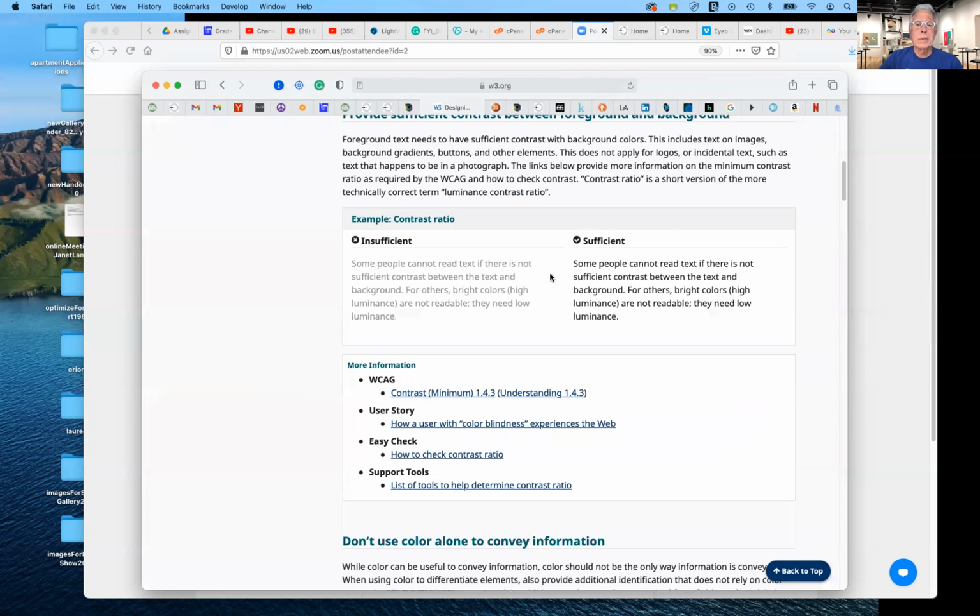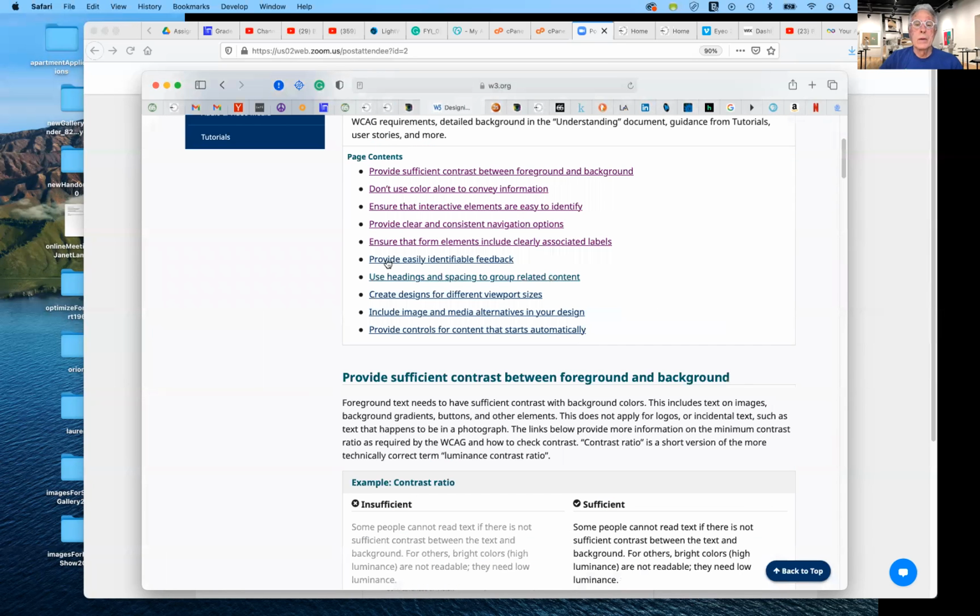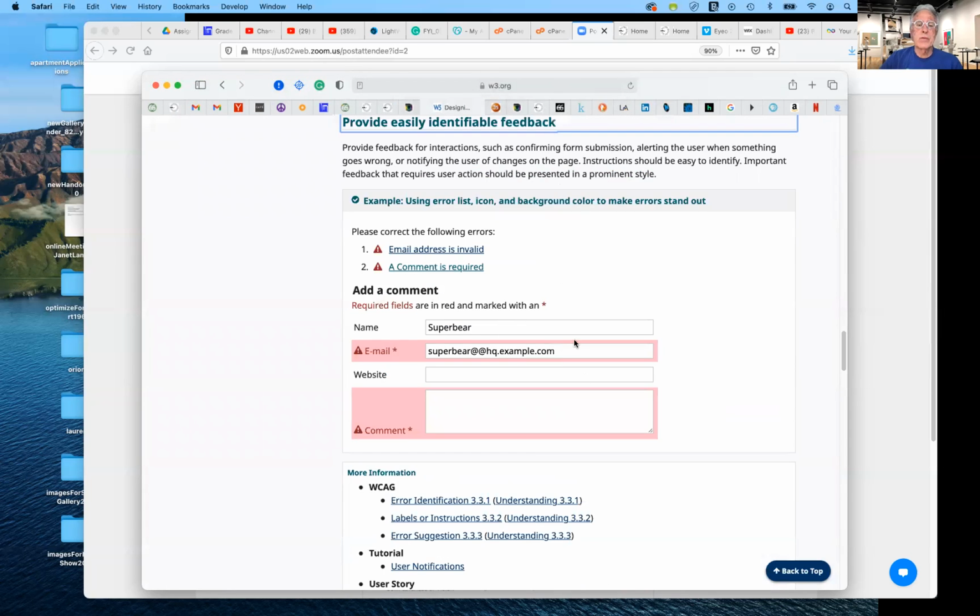And scroll back up here. So provide easily identifiable feedback. And that was what we just did with forms. Okay. So in some cases, if it's important that